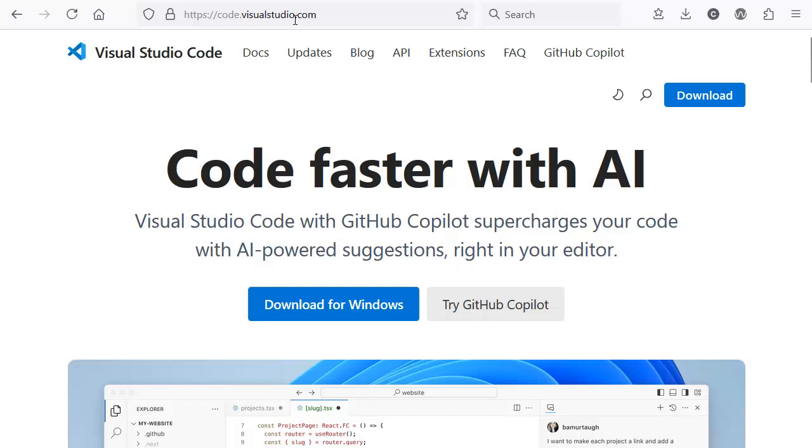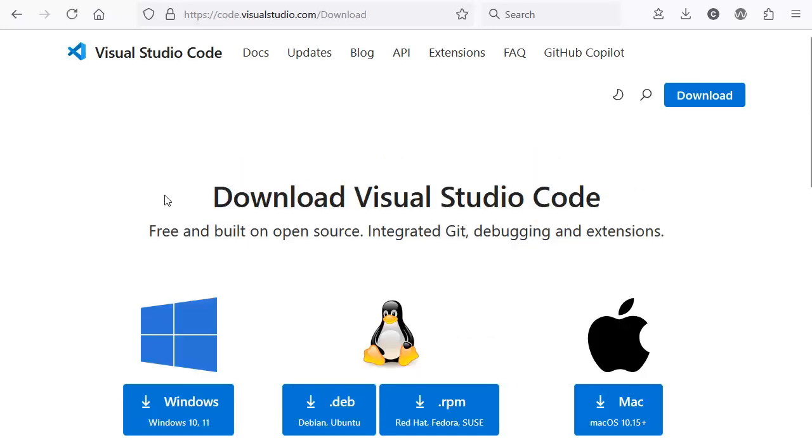We're looking at code.visualstudio.com. That's the homepage for Visual Studio Code. You can most likely just click the download button here to get the appropriate version of the development environment for your operating system, but you can also click on the download button over here on the right, and you've got the separate download options for the different operating systems like Windows, Linux, or Mac OS. So we'll go ahead and download the Windows version,